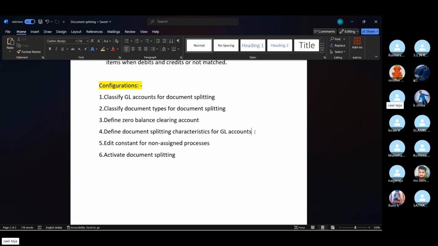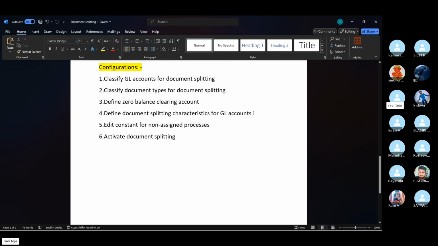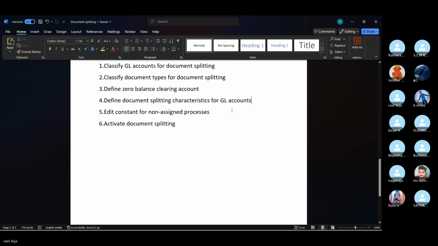Next, edit constants for non-assigned processes. Here we can give a default profit center, business area or segment. Even though we do not give any manual input about profit center, business area or segment at the time of booking a transaction, the system will automatically pick that default based on this configuration.